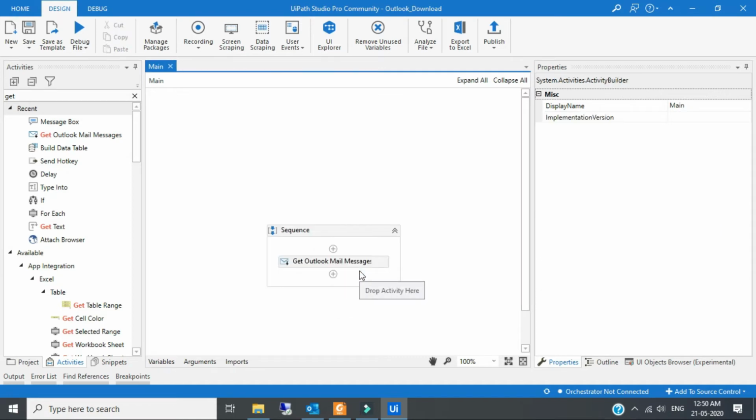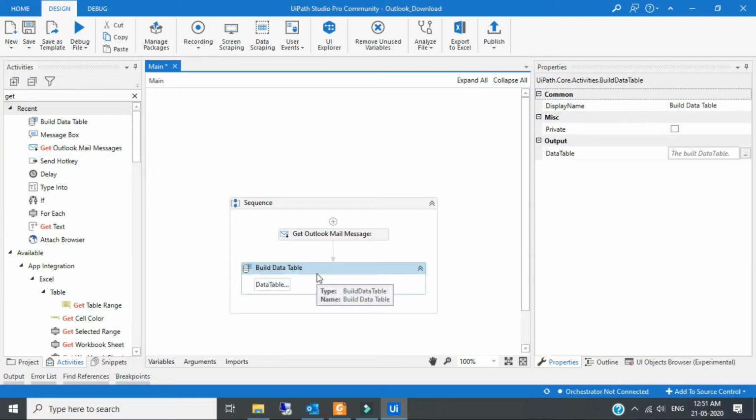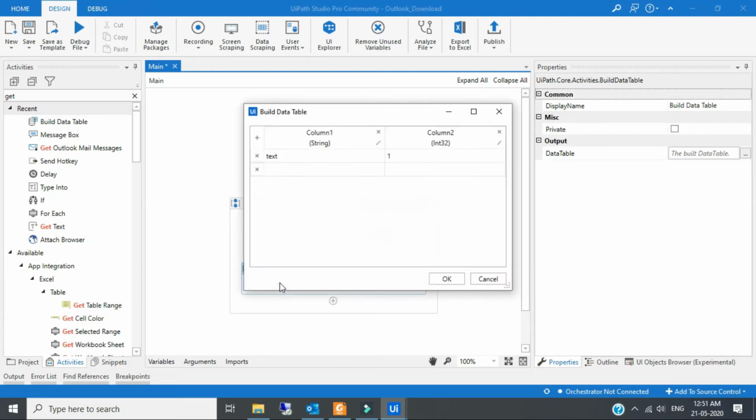Again, I have to read the subject line. So we have the option to store the data, which is called Build Data Table. I will drag and drop the activity here, and from here you can edit that data table. The first column is subject.